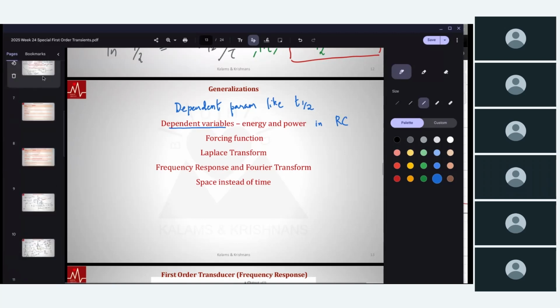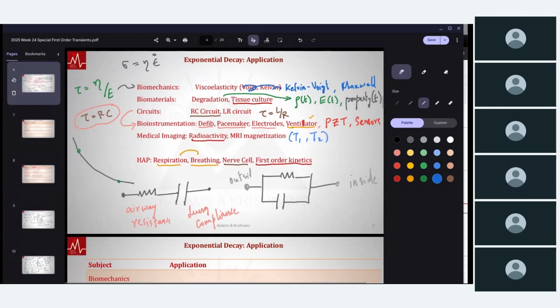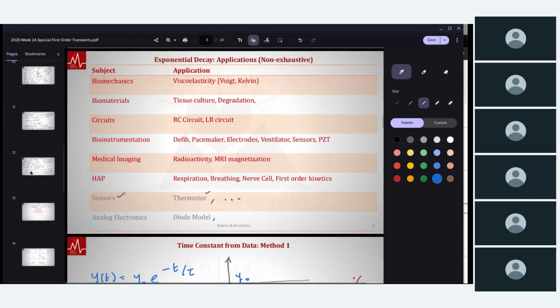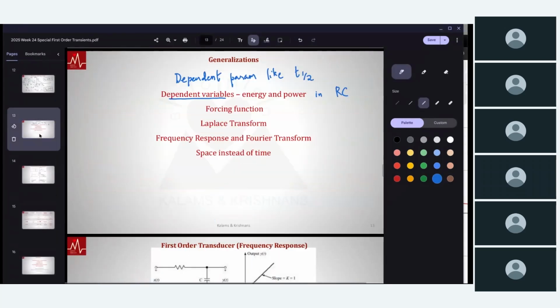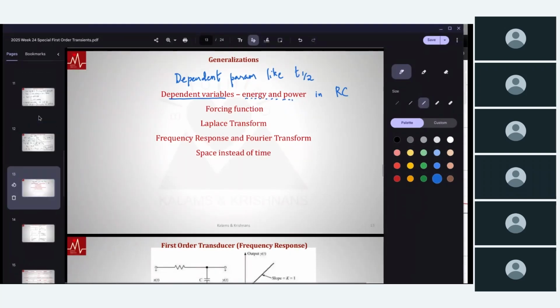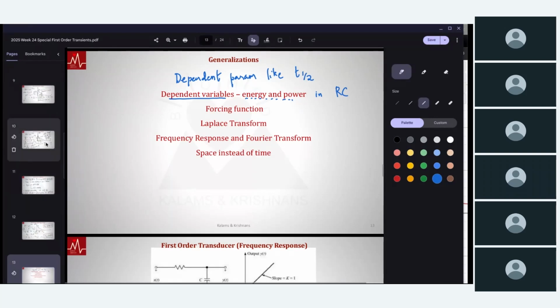The RC circuit is the base of all this: defibrillator, pacemaker, electrodes, ventilator. If you are careful about the units, you can also ask what the power consumed is, how much energy is actually required to perform this action of metabolism, how much energy is wasted during respiration. You can start answering some of those questions if you are very, very careful about the units. So it can be a dependent parameter like T half that we discussed, or a dependent variable like energy or power. That is possible. And notice the underlying differential equation that I derived,